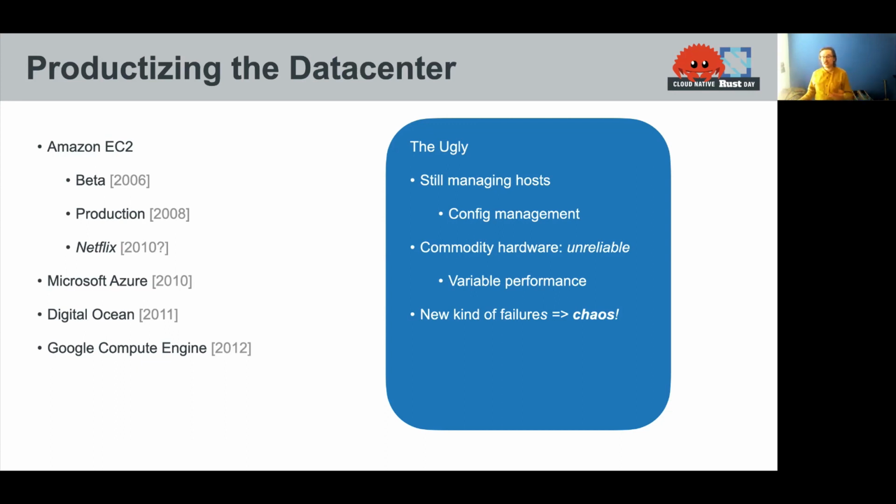We really have to consider variable performance. No longer do I have exclusive access to a machine. I might have other businesses running on this machine that are dealing with lots of traffic. And so these concerns end up changing how we actually think about operating services. We have a whole new set of failures, soft failures, more frequent failures, and this kind of gives birth to a new way of testing, a new methodology called chaos testing, also coming out of Netflix, probably in 2011 or so.